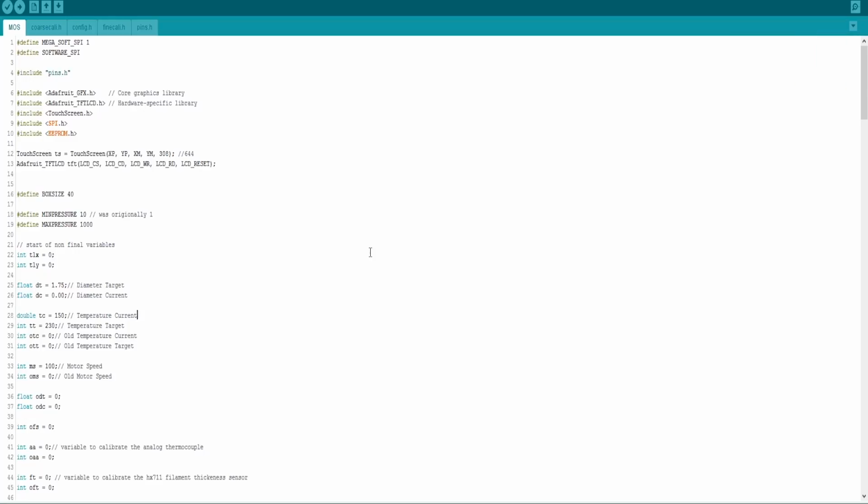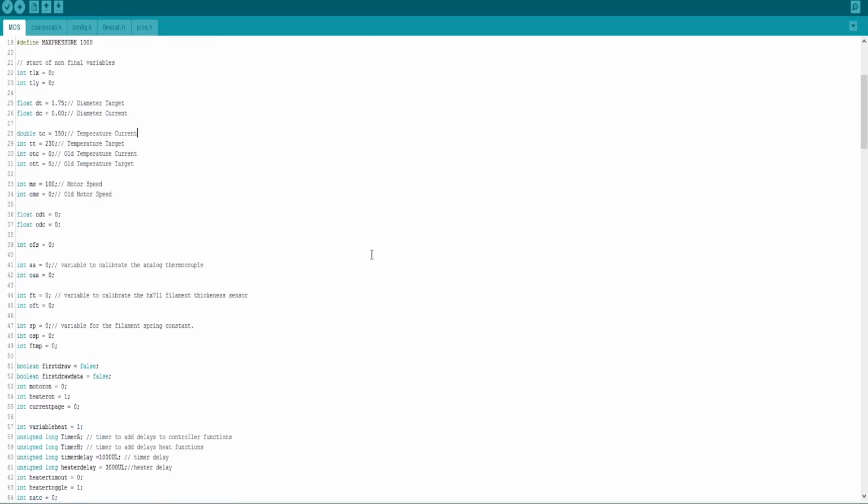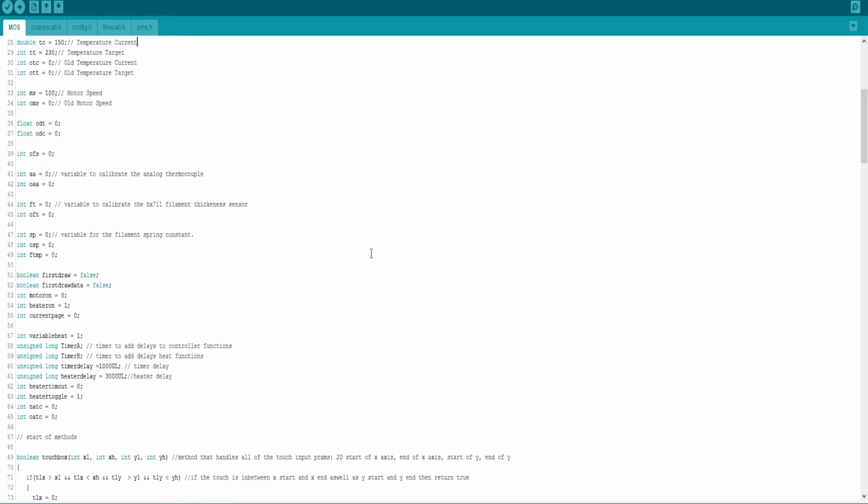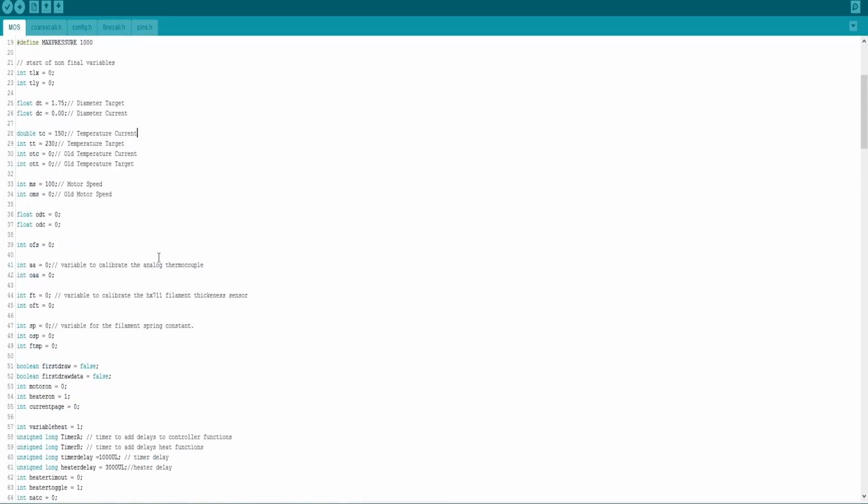We are back looking at the multi-shooter spooler module and dimensional control module. So we are back working on the software side of those pieces, and we've been working on the variable to calibrate the